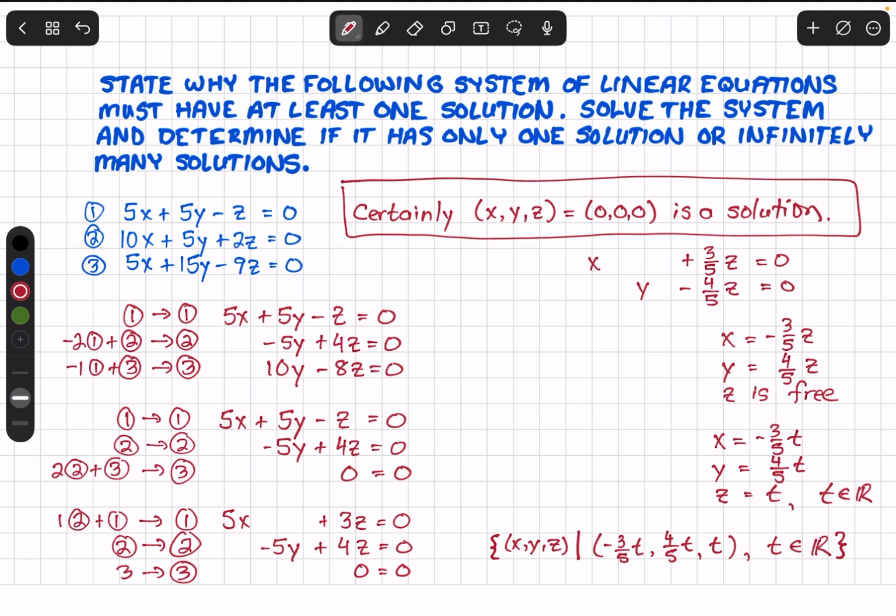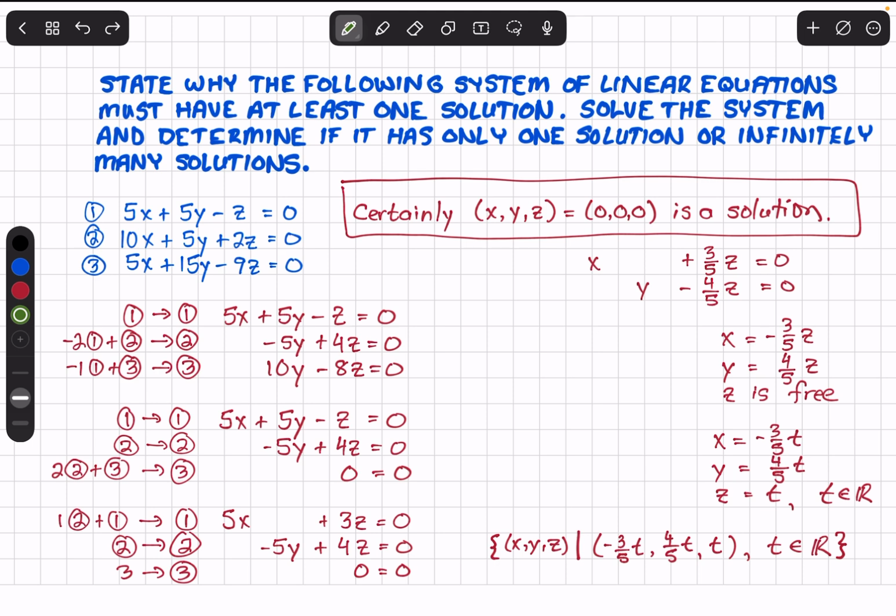Now let's solve it by combining the equations legally and see if there's more than one solution. So we're going to do this without matrices here in the first section. I'm just using this notation to guide myself through what I'm doing to each equation in the system. For example, the first equation, I'm not going to adjust. But the second equation, I will adjust by taking negative 2 times the first equation and adding it to the